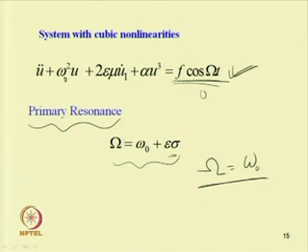So, we have taken this capital Omega equal to omega 0 plus epsilon sigma. Here sigma is the detuning parameter. One can study this equation by directly solving it using numerical techniques like the Runge-Kutta method,